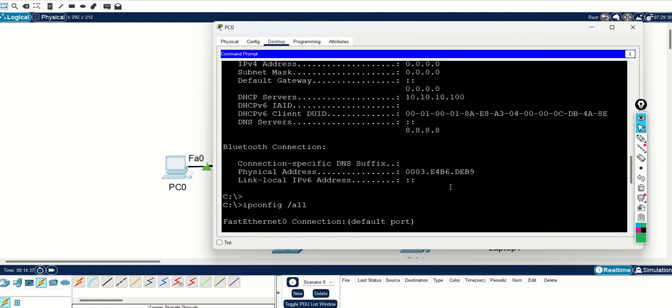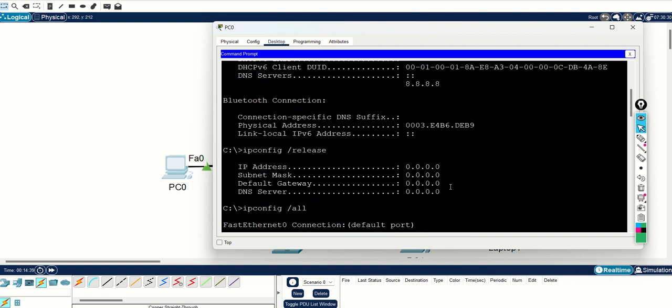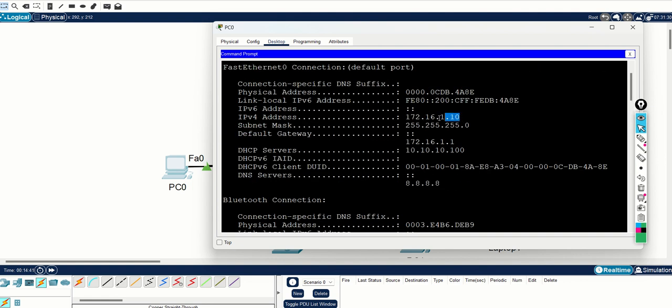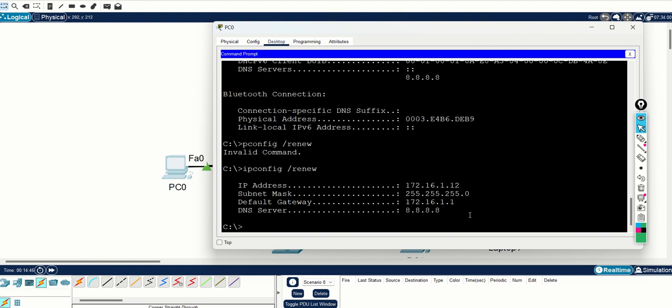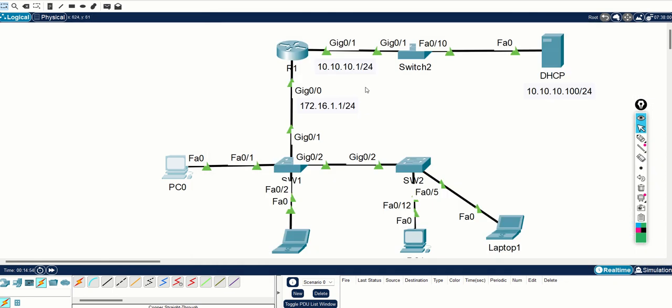Previously my IP address was 172.16.1.10. I released this IP address and now I got the new IP address 172.16.1.12. Clear? Right? So key takeaway, whenever you have a DHCP server out of your network or behind any layer